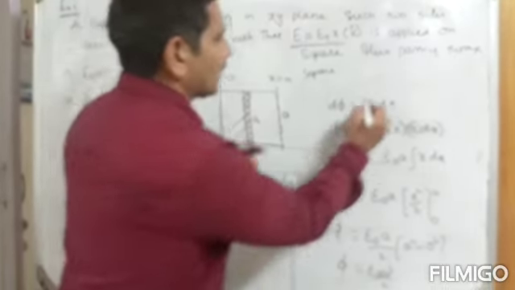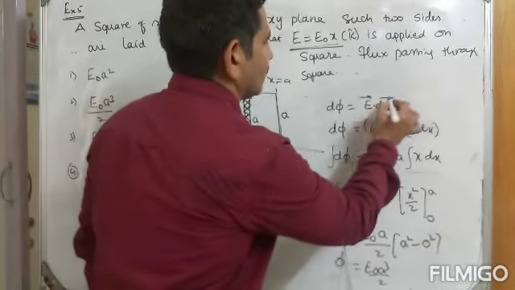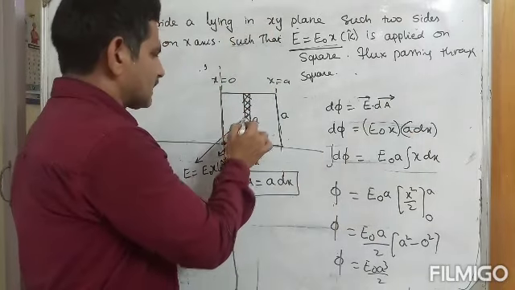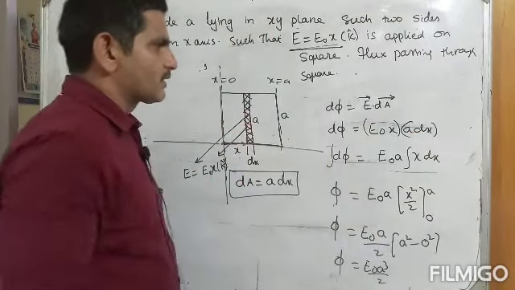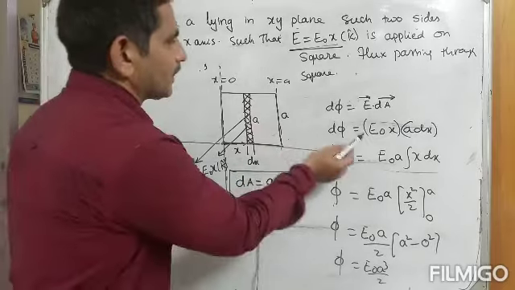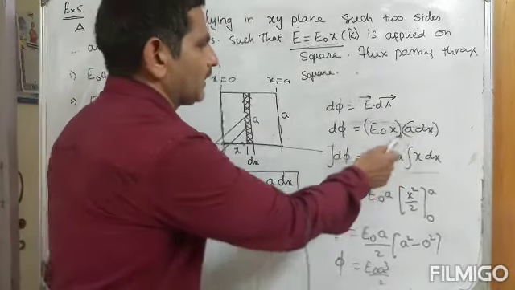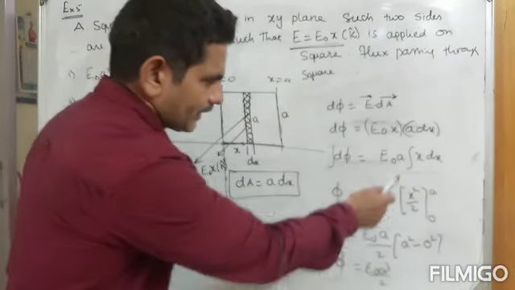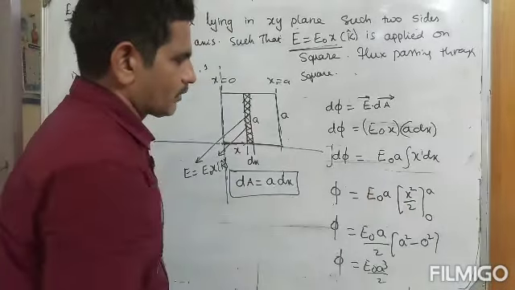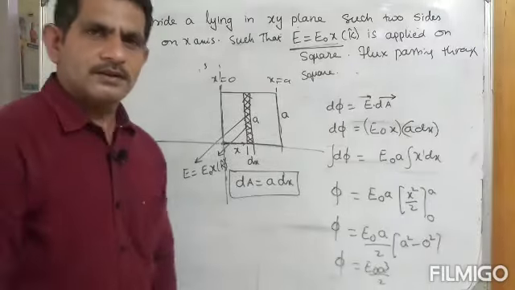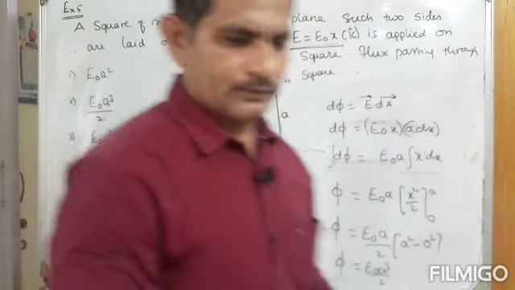What is the formula for flux? E bar dot A bar. So this is the elemental area. You can take d phi is equal to E dA. Flux is defined like this. Elemental area you can take A dx and E naught A. x is a variable. Integration of x power 1 is x square by 2. Therefore you can get like this. Could you get my point? Right.